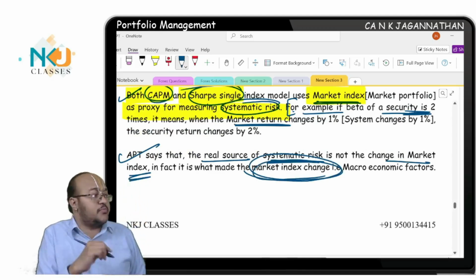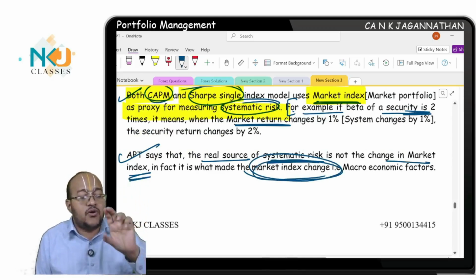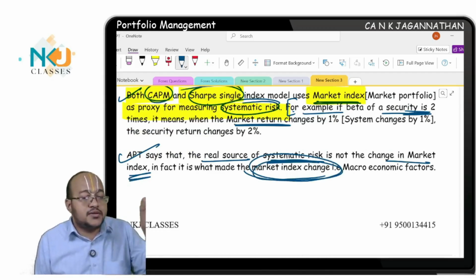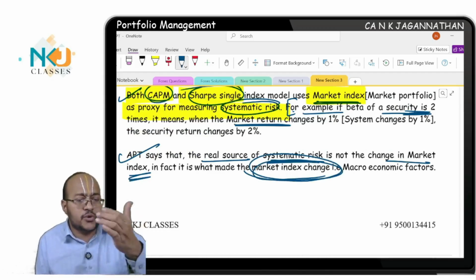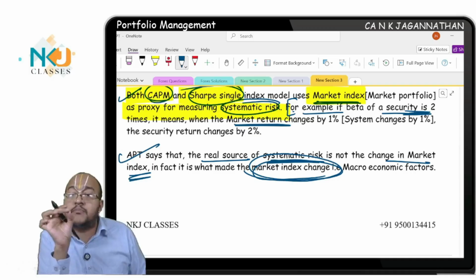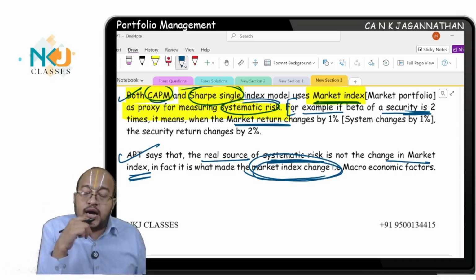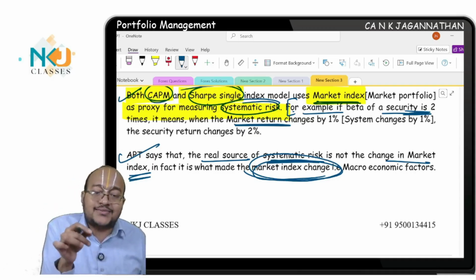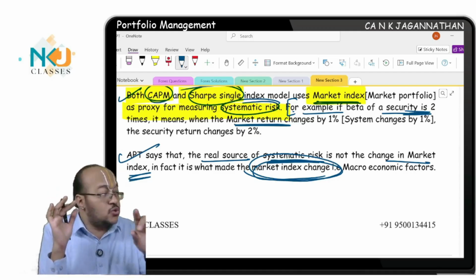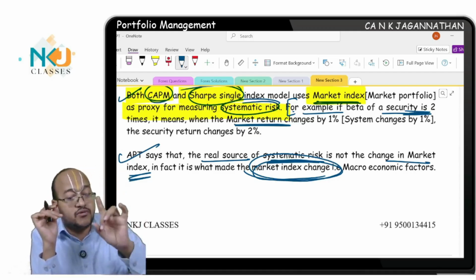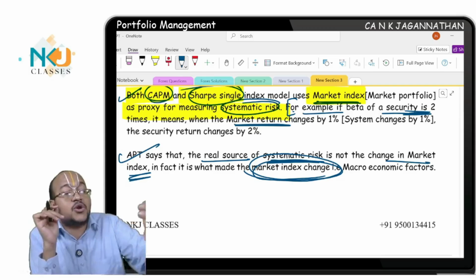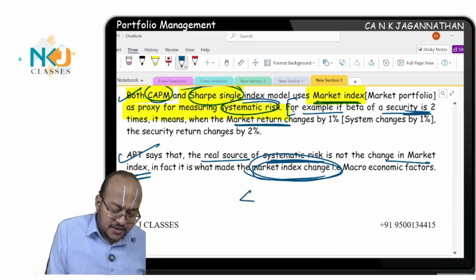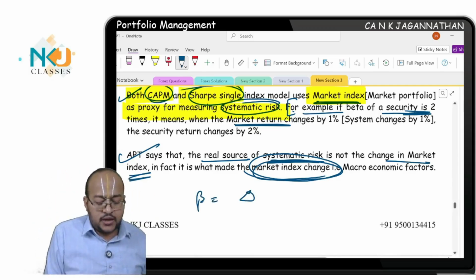This is very, very important. While computing beta under CAPM and the Sharpe single index model, beta is equal to change in security return divided by change in market return. So for change in market return, you took the market index as a proxy, which you should never take. You should consider the macroeconomic factor in the denominator, which means beta will be